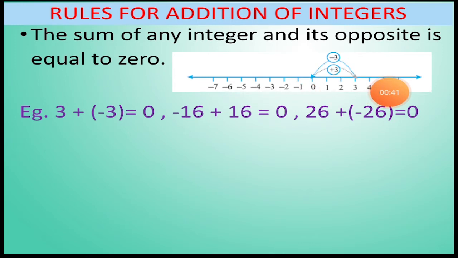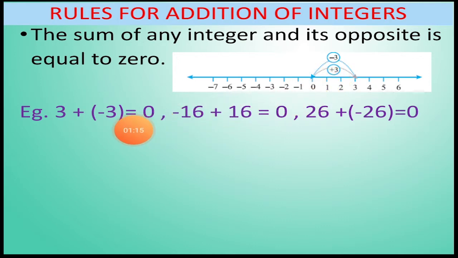So first we have drawn a straight horizontal line, and on that we have marked all the negative integers towards the left direction and all the positive integers towards the right direction of 0. Fine. Now the first integer was 3. So from 0 we have marked 3 by moving 3 steps from 0 in the right direction. Now the next integer was minus 3. So from 3 we take 3 steps in the backward direction and we reach 0.